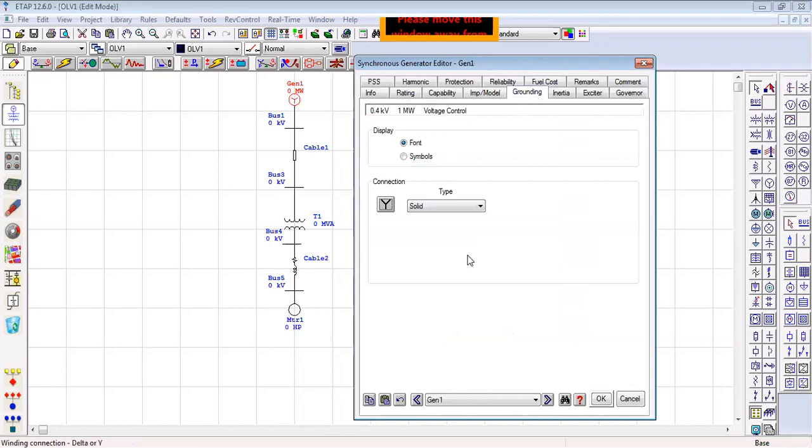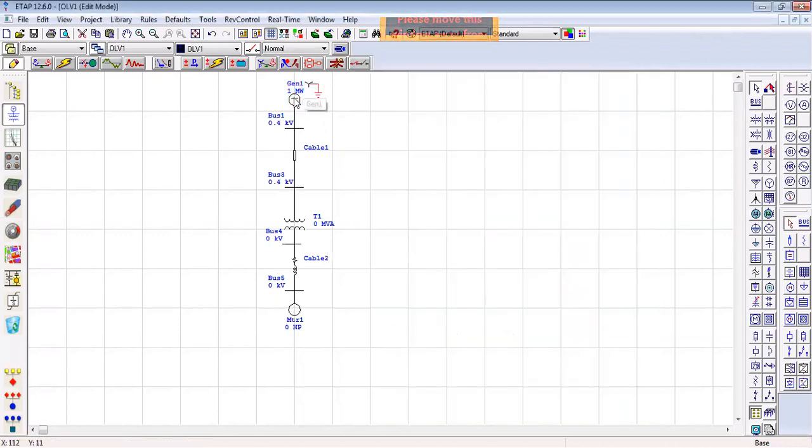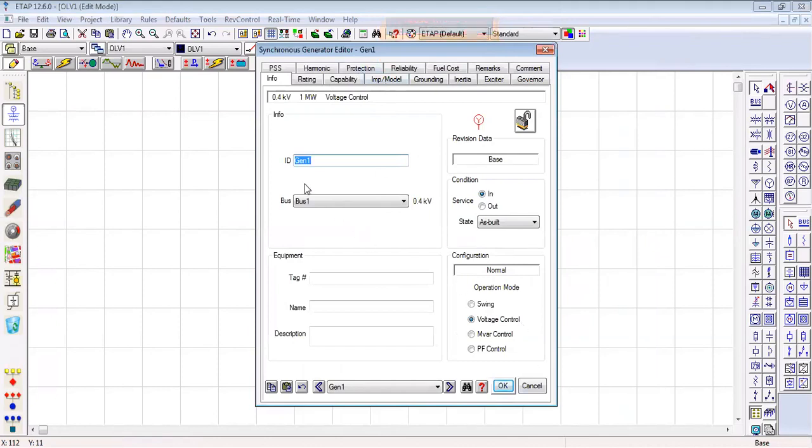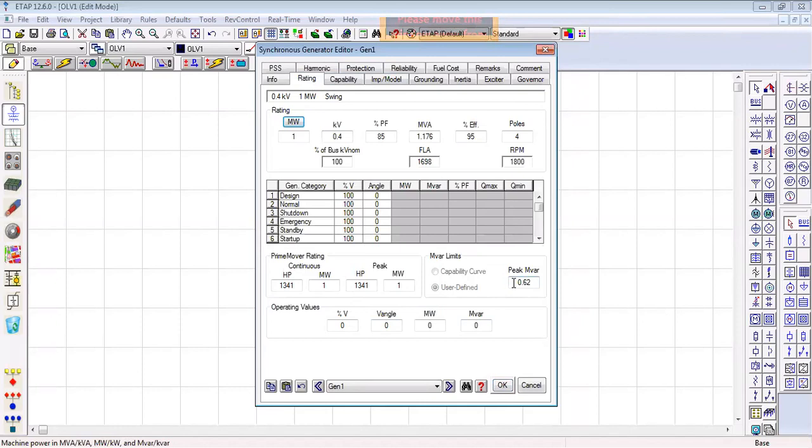Okay, let's do the grounding, that is the symbols, that the symbol appears along with it. Just press OK. And one thing more, just right click it. We have to change on the info side, we have to change this generator to the swing generator. ठीक है, otherwise when we apply the load flow analysis, there comes an error that there is no swing bus in it. So जो पहला एक जनरेटर है, अगर एक ही है तो उसको हमें swing करना पड़ेगा. So apply the swing generator here. Swing, और ये rating is okay.